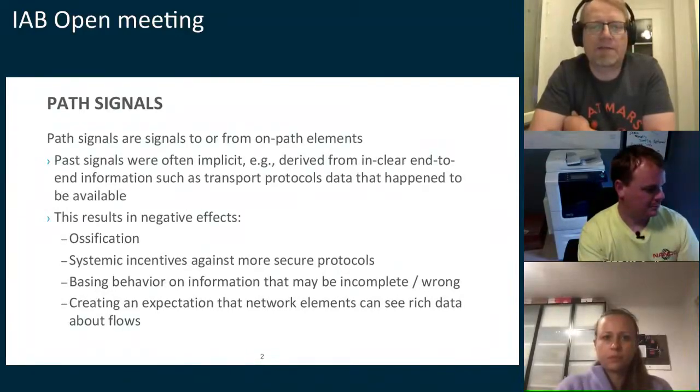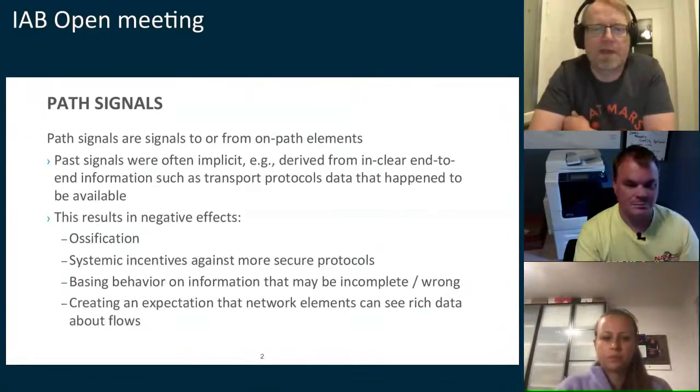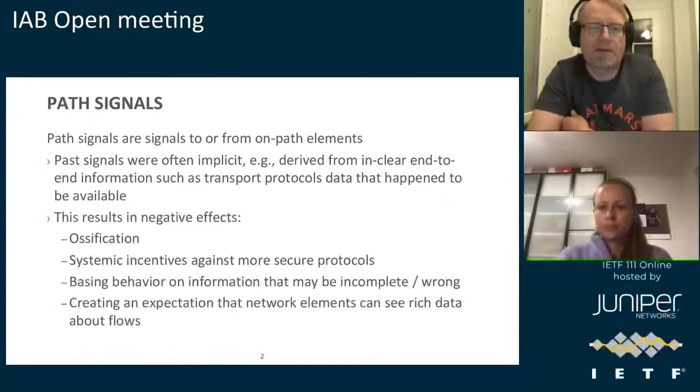And as has been discussed many times before, this results in some negative effects. Ossification, because you can't change things that people somewhere depend on. It's also a systemic incentive against building more secure protocols, because that would disable some of these functions that people are doing, which we can go against, but it would be nicer if we didn't have that incentive built into the system today.